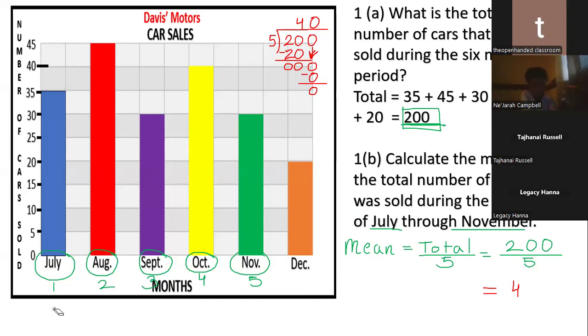Can you explain it over again, please? Okay, no problem. So what does mean mean? Right? If you're trying to find the mean,